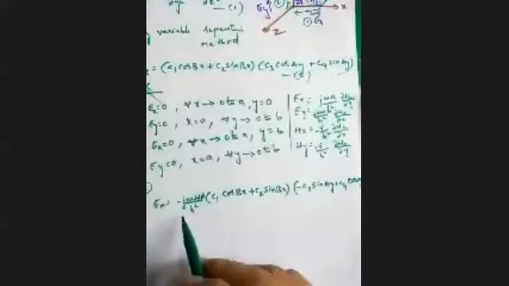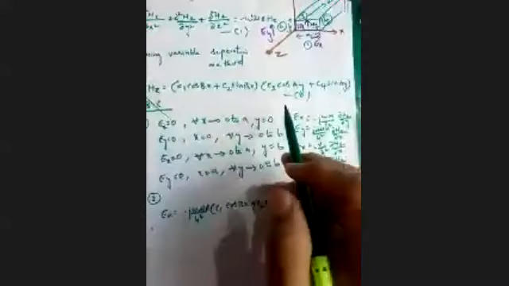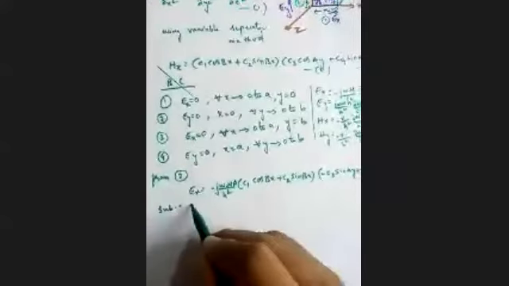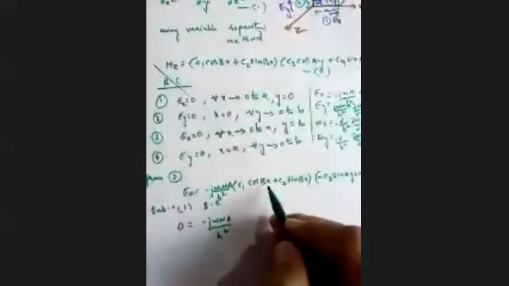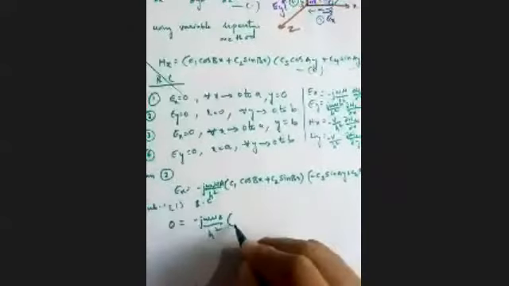This is the value of Ex we get after we differentiate Hz with respect to y, right? So now that we have the value of Ex, we substitute the first boundary condition. So substituting the first boundary condition, Ex is 0, so 0 is equal to minus j omega mu a by h square. For all values of x varying from 0 to a, x is not a constant, so we cannot substitute a value of x, and we leave that function as such.